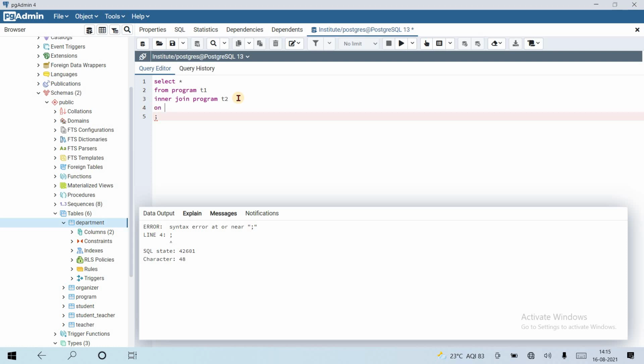The common column is, suppose, T1 dot id and T2 dot id, the same column, so it will return all the values. Select star from program inner join program on. Column id does not exist, so that is the main error.